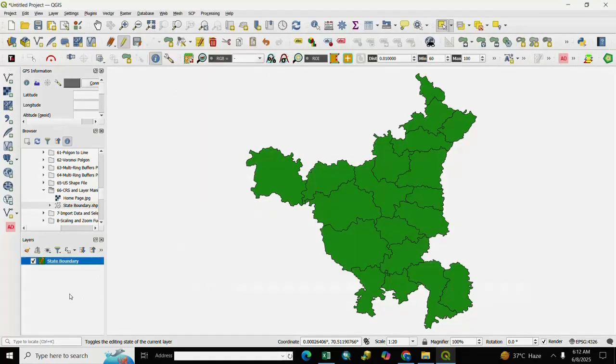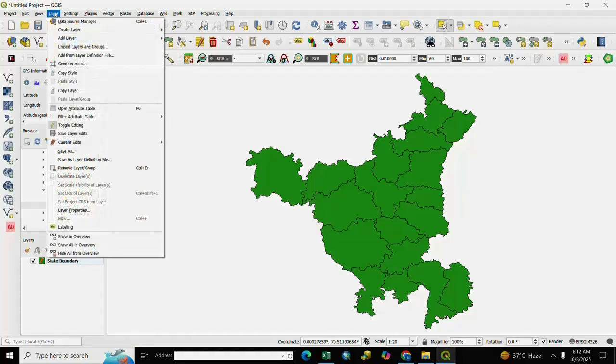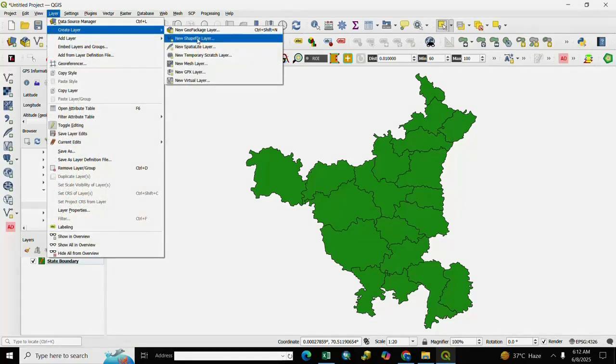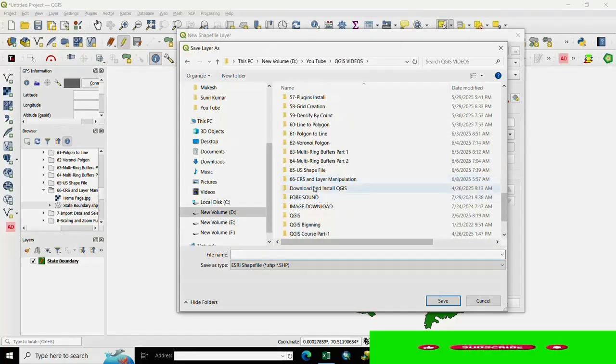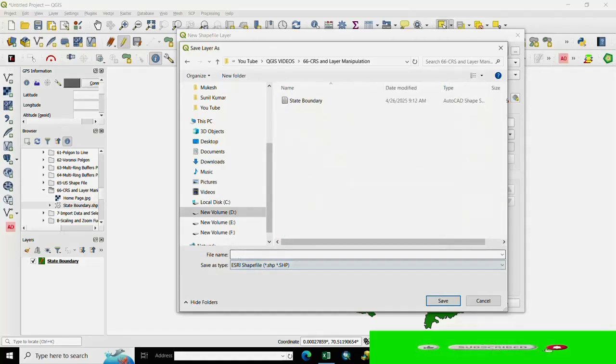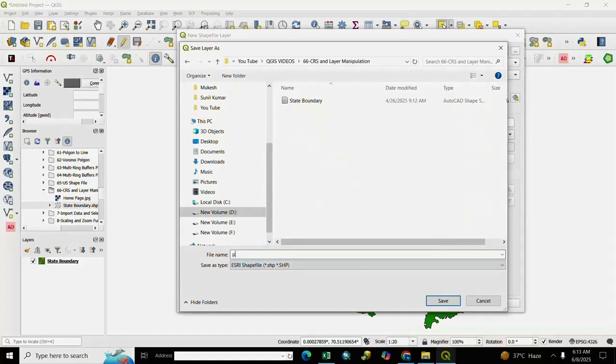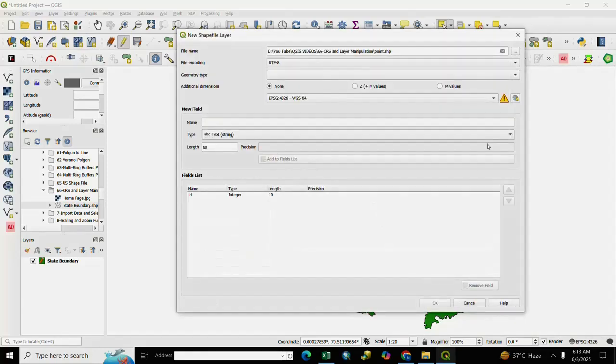And if you want to give a new projection for any shape file, so first you create a shape file. For creating shape file, you go to layer, create layer, new shape file layer, and we select here location, and we write here point, file name point, and save it. And geometry type, we select point. After it,